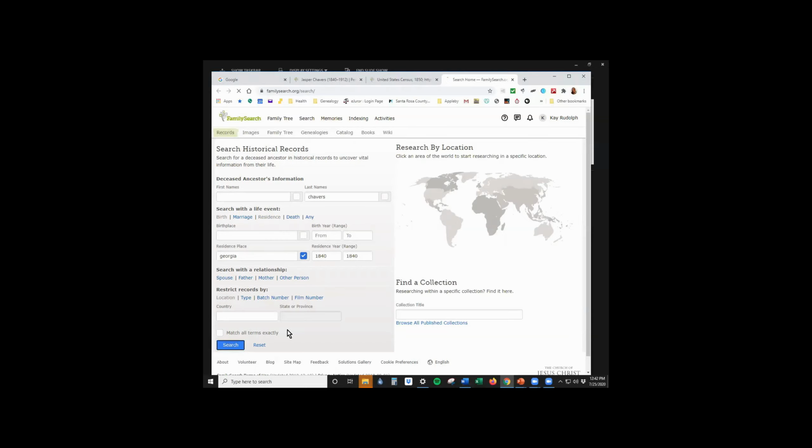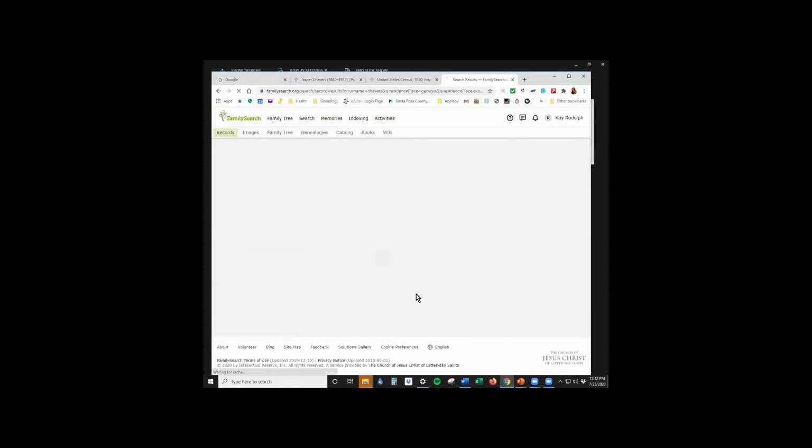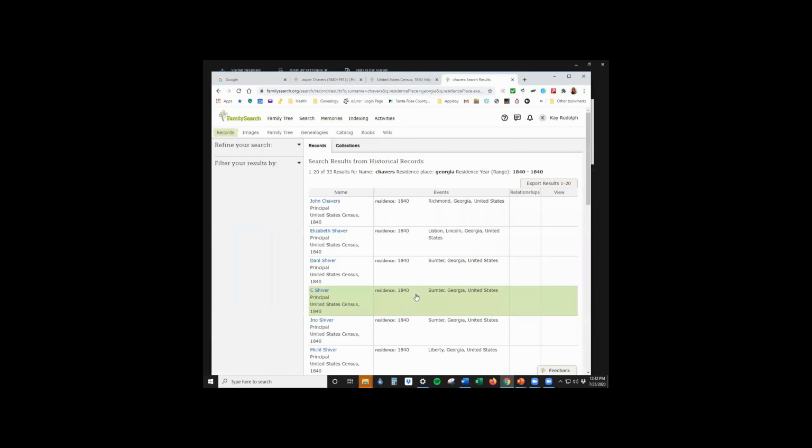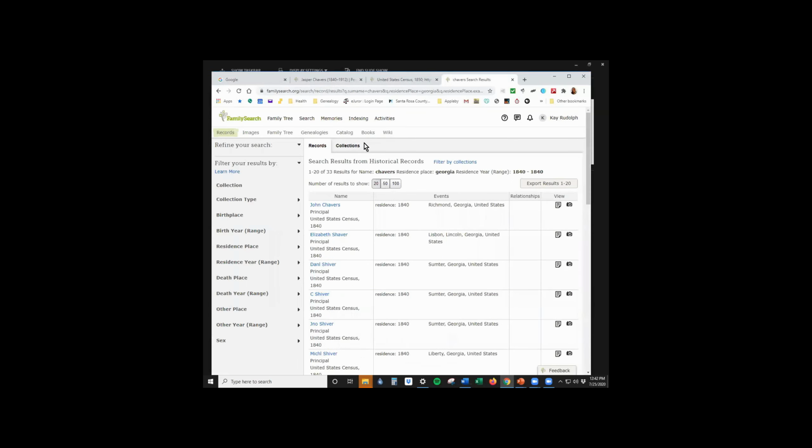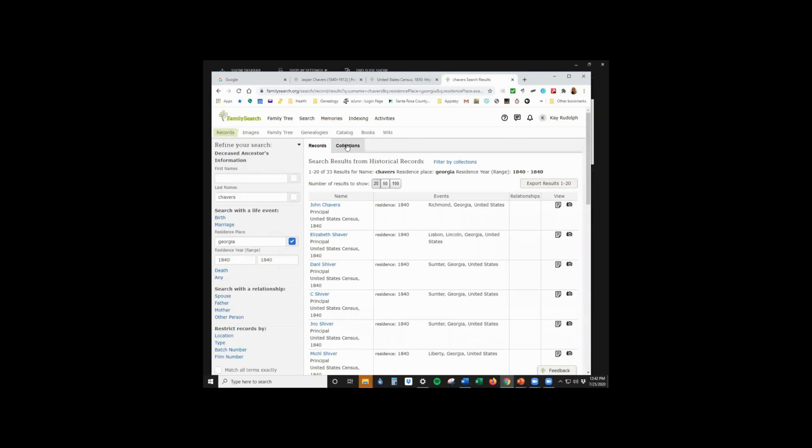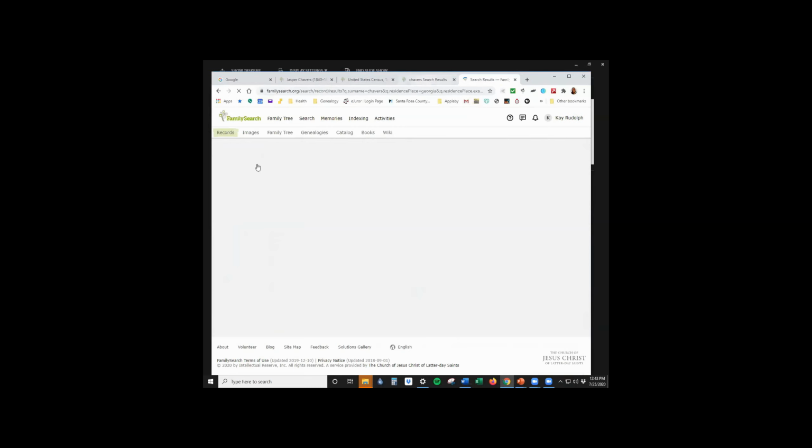And let's see what we've got. You always hope at this stage that there's only one Chambers family in the 1840 census. Okay, but instead we have 33. Okay. I'm going to save this one for the moment, and let's go and see if we can find a Richard Kennedy